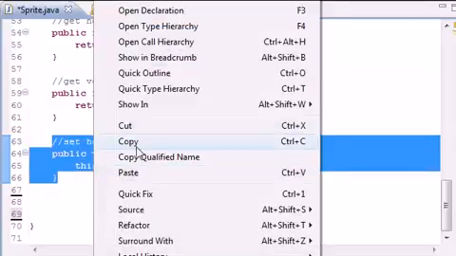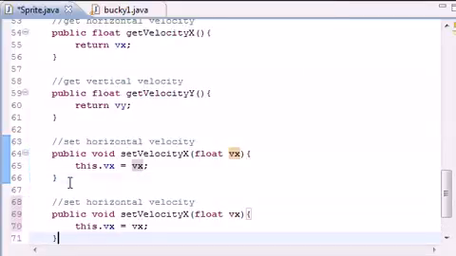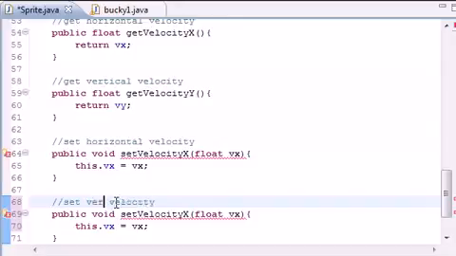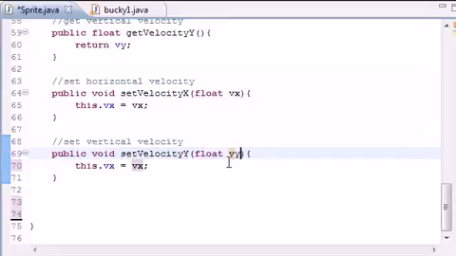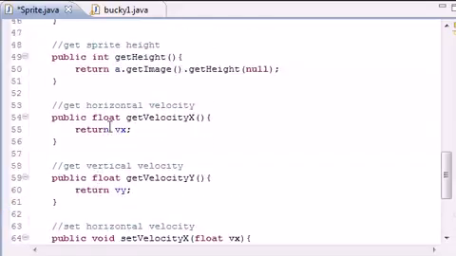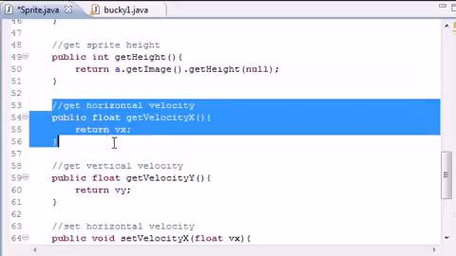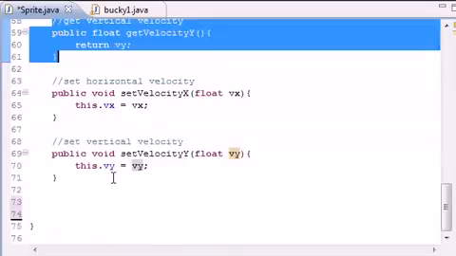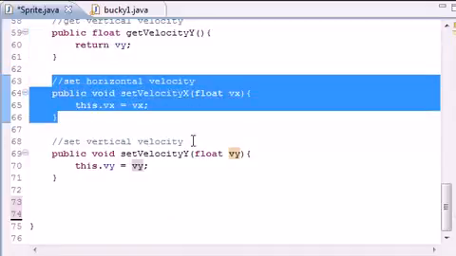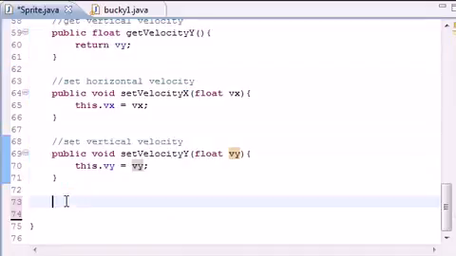So set horizontal velocity, which is the x, and set vertical velocity, and this would be the vy. This.vy equals vy. Looks good. So now, look, we have get x to get its velocity left and right, get y to get its speed up and down, set its speed left and right, set its speed up and down, and the last